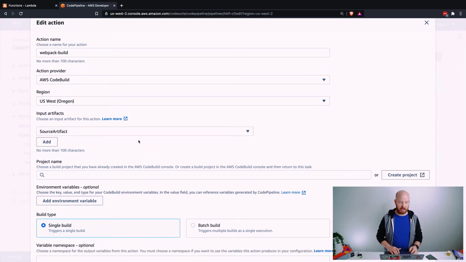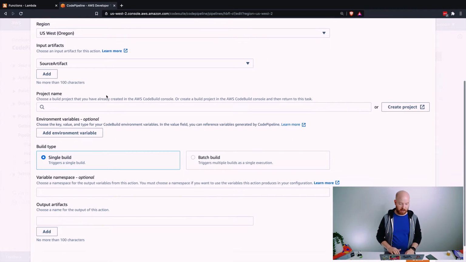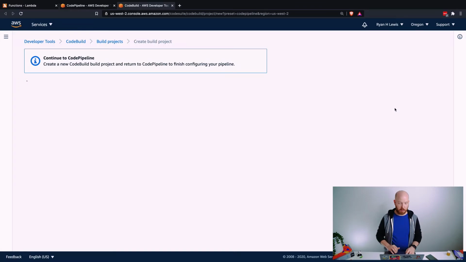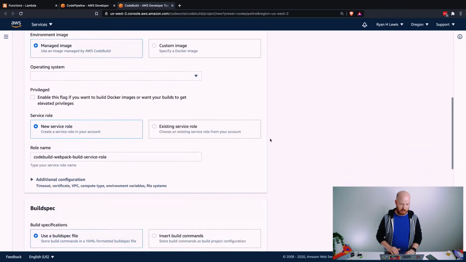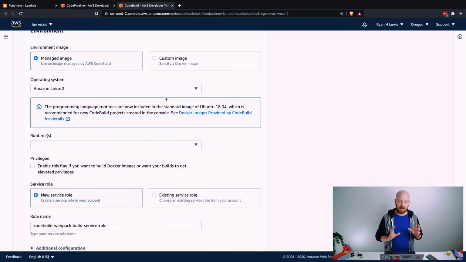So the input artifacts is basically how you move things through the pipeline. This is a source artifact. This is some kind of blob that has the source code from GitHub. We are going to create a new Code Build project. I'll call this Webpack build. And for the image information, so this is going to be the operating system.